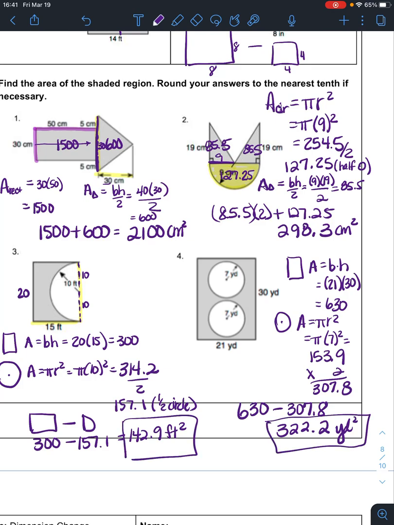So to do these, you have to pay attention to whether I need to add the shapes together or whether I need to subtract it. So think of it as if there's holes in it, right? If you've got a solid shape and you've cut some hole out of it. You could have done number 2 with subtraction, or you could have done both. You could have added and subtracted. You could have found the area of a rectangle, added the area of the circle, and then subtracted the area of the triangle. You could have done it that way. But I think it's easier to see the two triangles and add the half a circle for number 2. But sometimes you can be creative in how